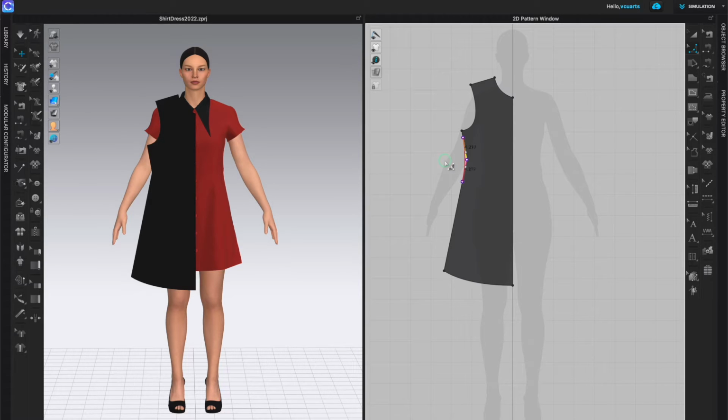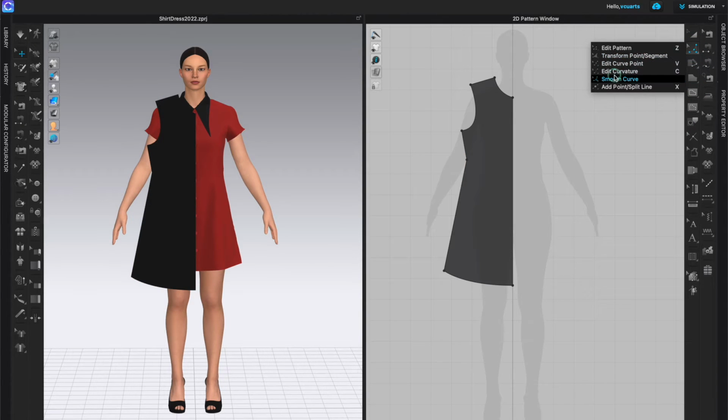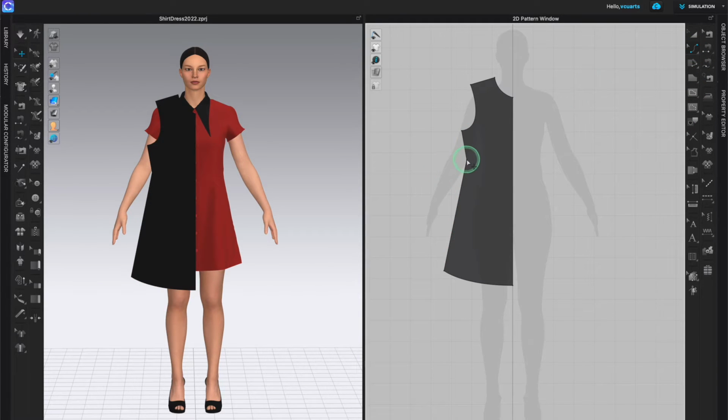So I'm clicking, holding, and dragging it to get a curved alteration to that angular shape. I can also edit curvature by, maybe I want to come in a little bit like this. So the edit curvature allows you to pull a segment